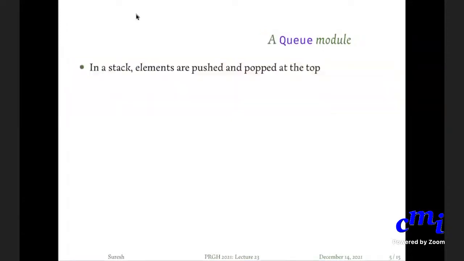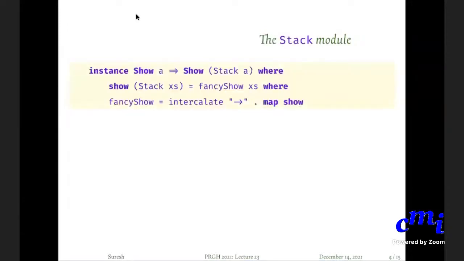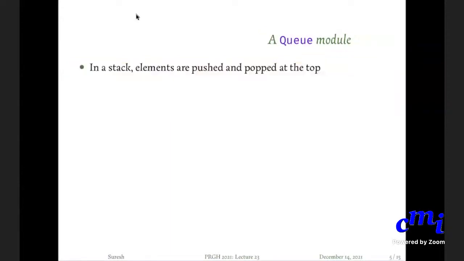But before I go to Queue, we were looking at the postfix expression in the last class. Unfortunately, I didn't have enough time to write proper slides for that. I'm halfway through it, so I'll just draw those things by hand, and then I'll fill those things in the slides and upload it to the Moodle page. So that's a nice application, and I would like to show it to you.